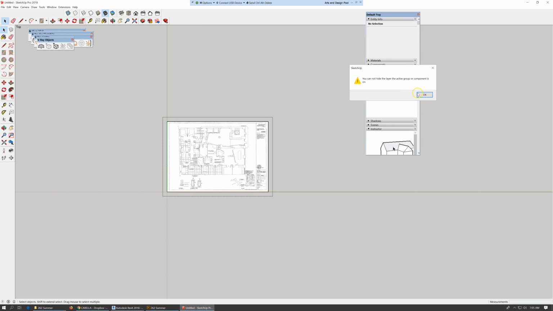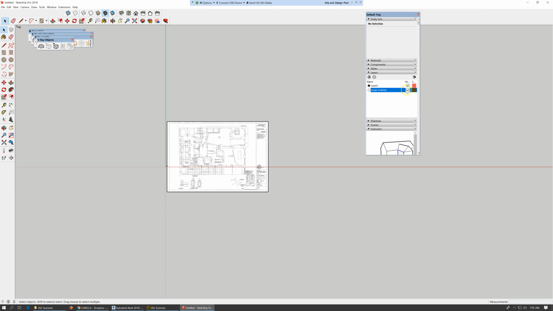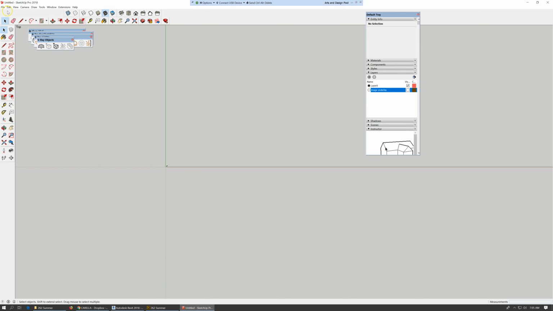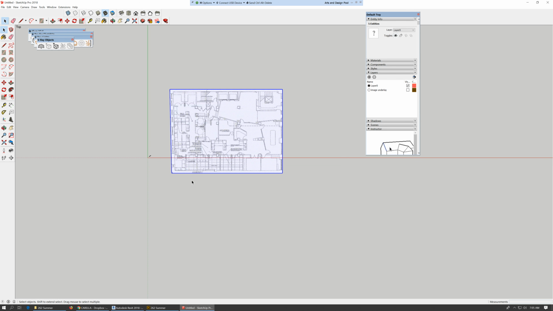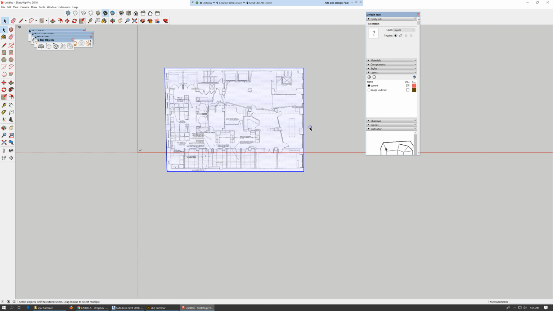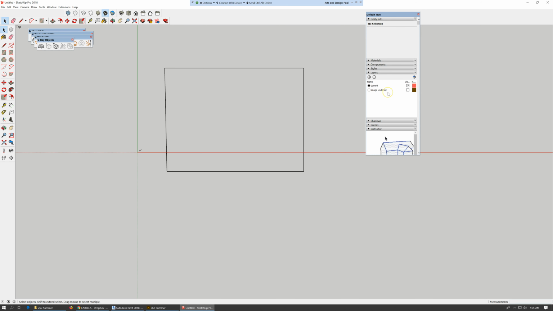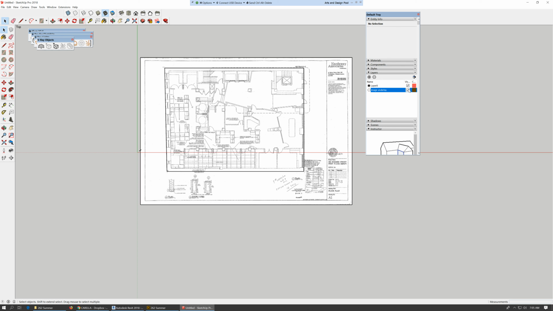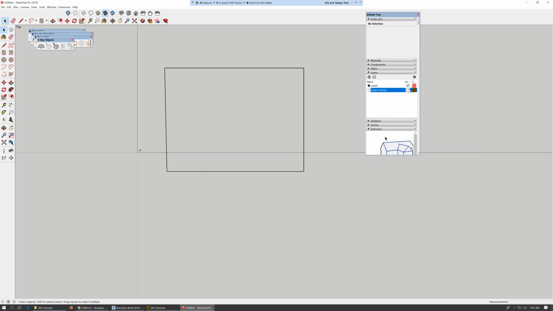Turn off the visibility of the image. Edit, paste in place those lines. Not sure why it takes the image with it, but let's see what happens if I delete that. Okay, that image is still there. So